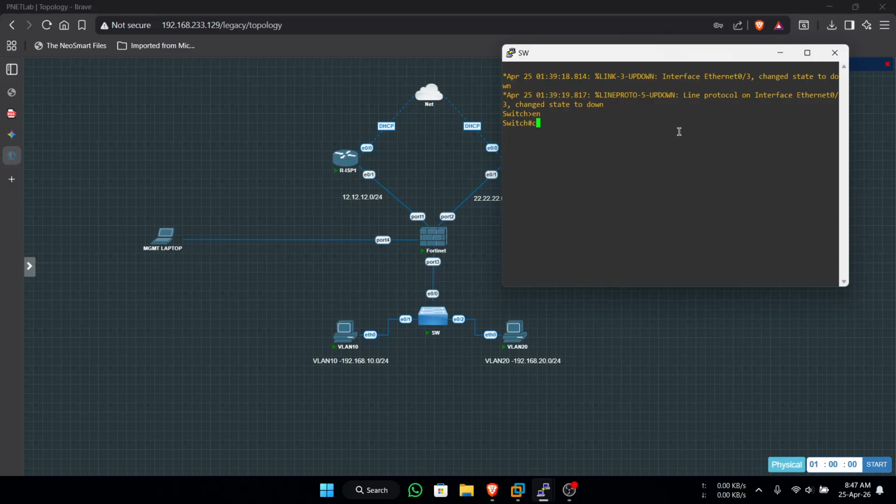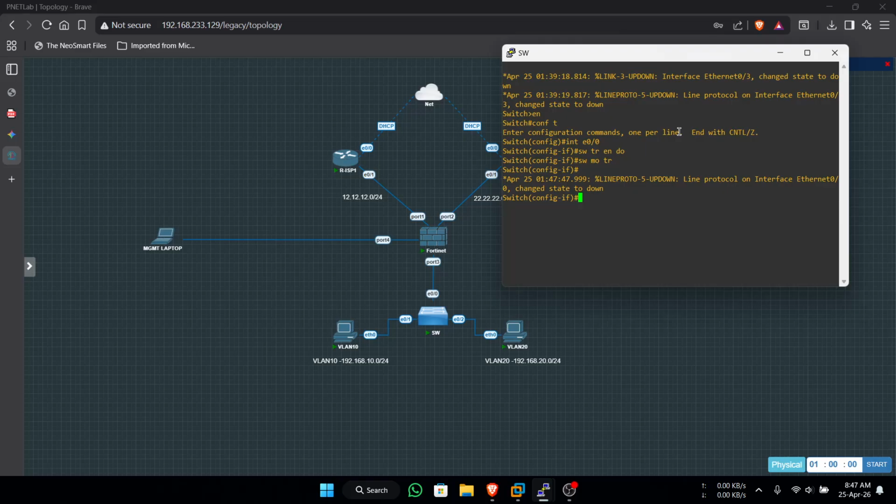Enable, configure terminal, interface 0/0, switchport trunk encapsulation dot1q, switchport mode trunk like this. So that switchport trunk allows VLAN 10 and VLAN 20.